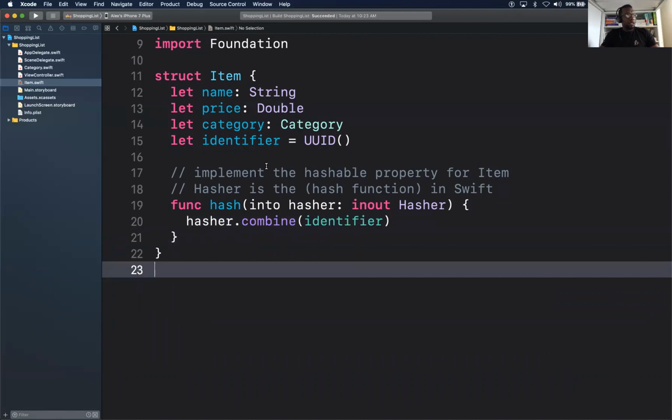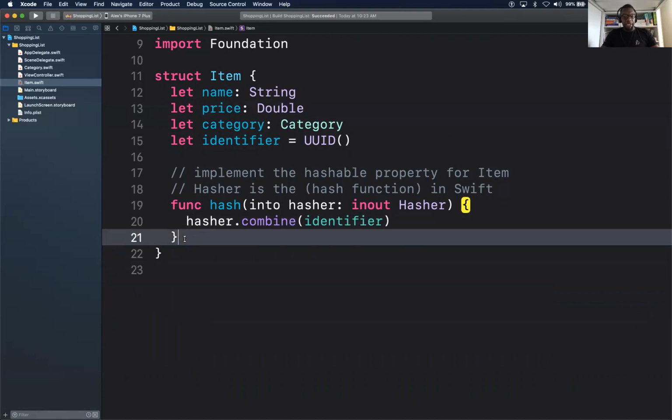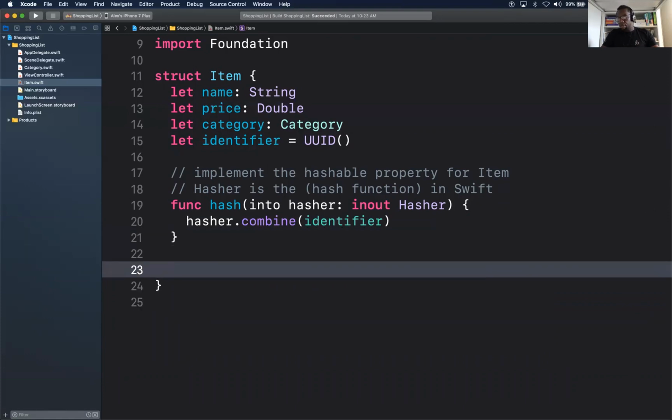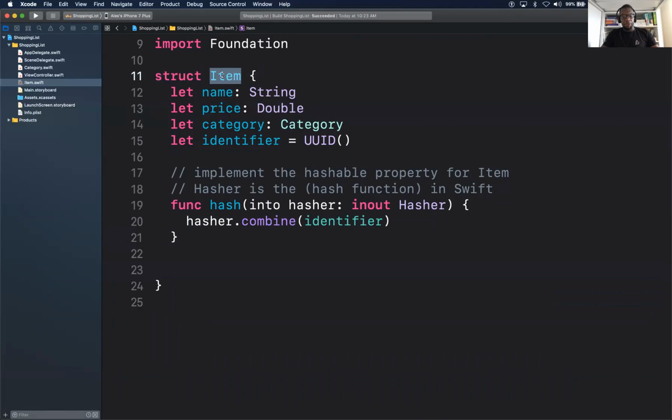Okay, great. Our item is looking pretty good. The next thing we'll do. What is that though? The hash inout. That says my item, the unique value I want to take out of that item, or I want that item to represent, is the identifier.